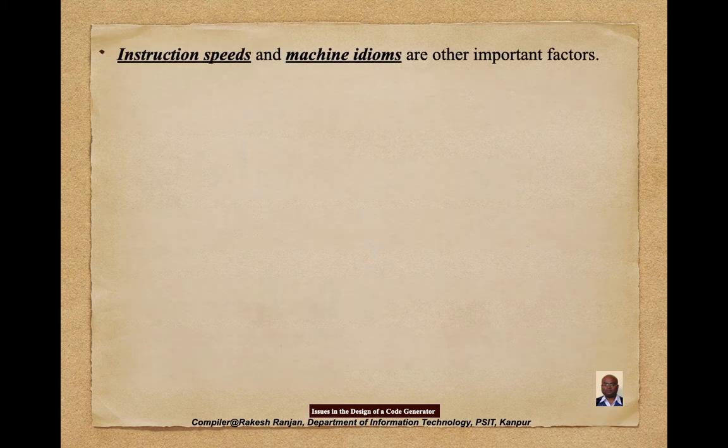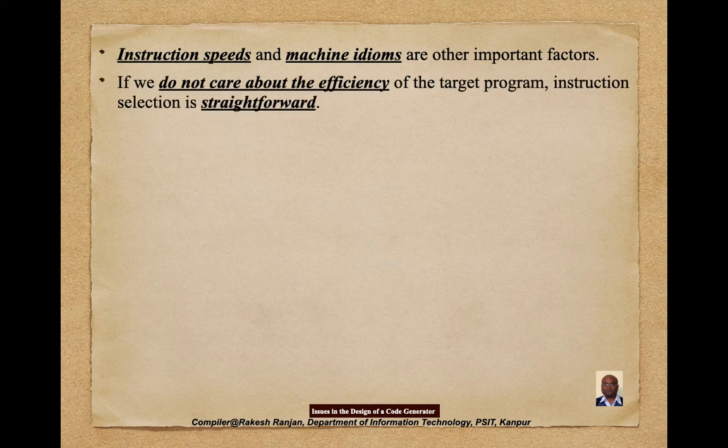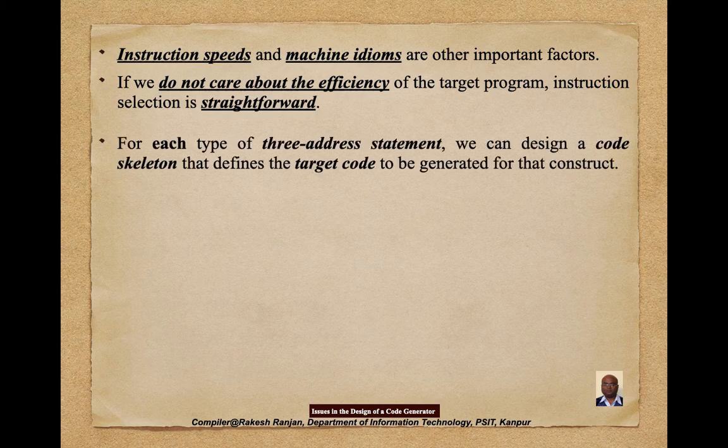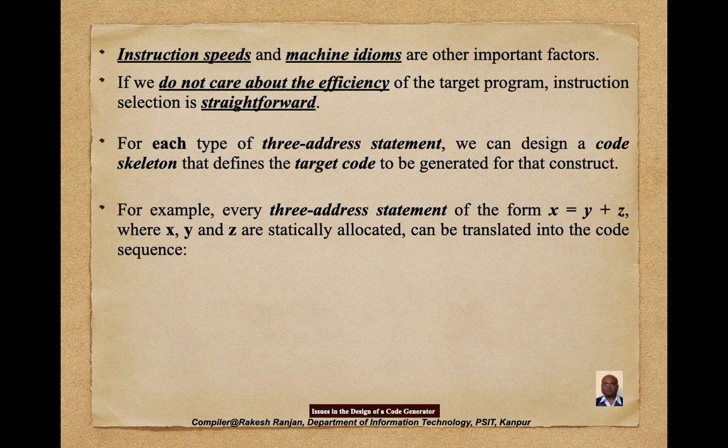Instruction speeds and machine idioms are important factors. If we do not care about the efficiency of the target program, instruction selection is straightforward. Each type of three address statement can be designed a code skeleton that defines the target code to be generated for the construct. For example, in a three address statement of the form x = y + z, where